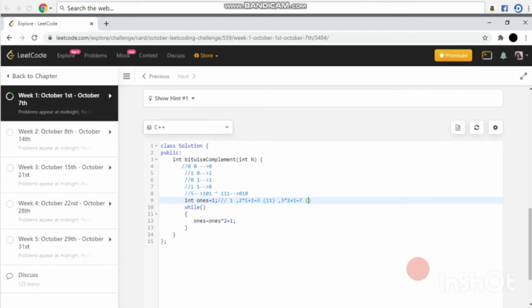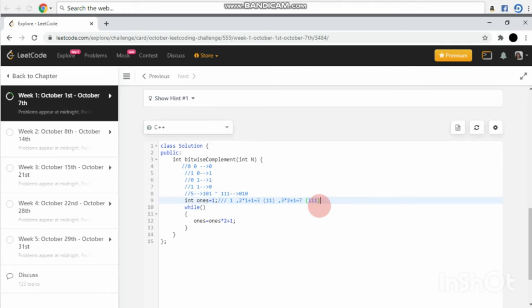Now 7 in binary representation is 1 1 1. We need exactly 7 to take its XOR with 5, so we need a condition so that we can stop and don't need further ones.